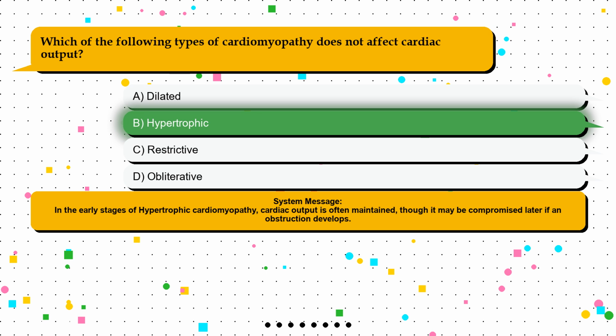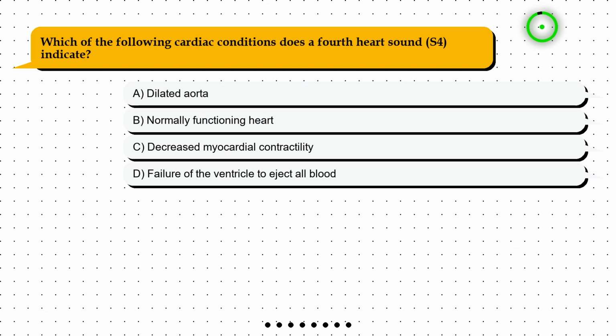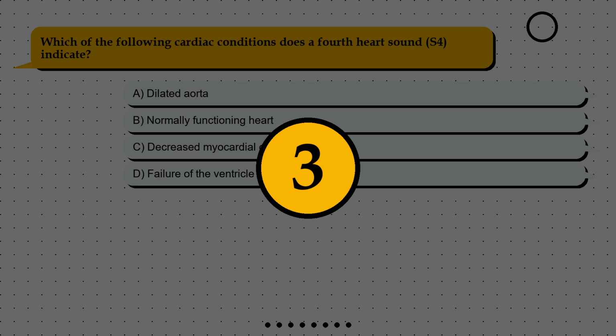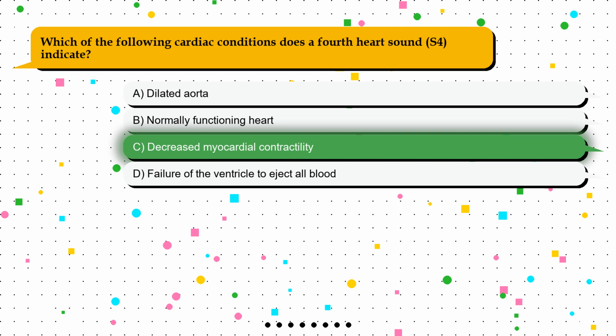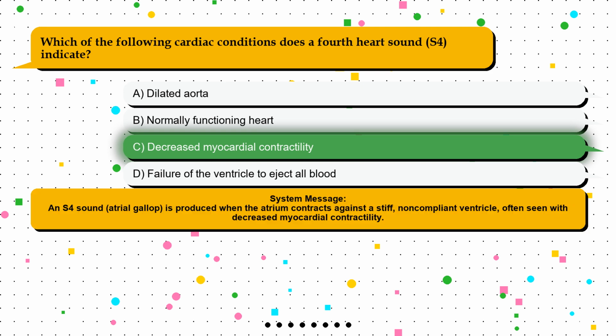obstruction develops. Question 2. Which of the following cardiac conditions does a fourth heart sound, S4, indicate? Option A, dilated aorta. Option B, normally functioning heart. Option C, decreased myocardial contractility. Option D, a failure of the ventricle to eject all blood. The correct answer is option C, decreased myocardial contractility. An S4 sound, atrial gallop, is produced when the atrium contracts against a stiff, non-compliant ventricle, often seen with decreased